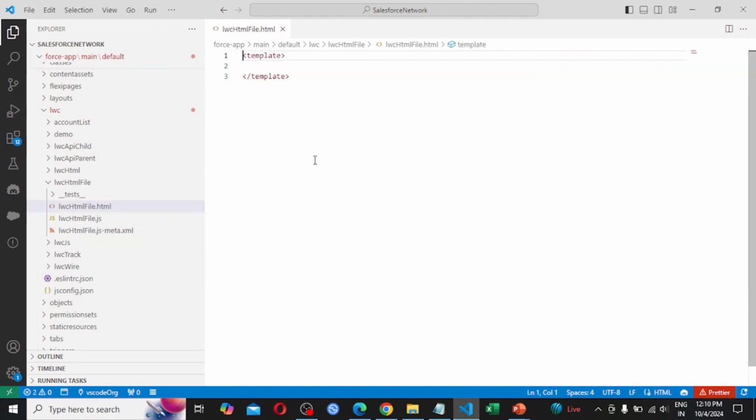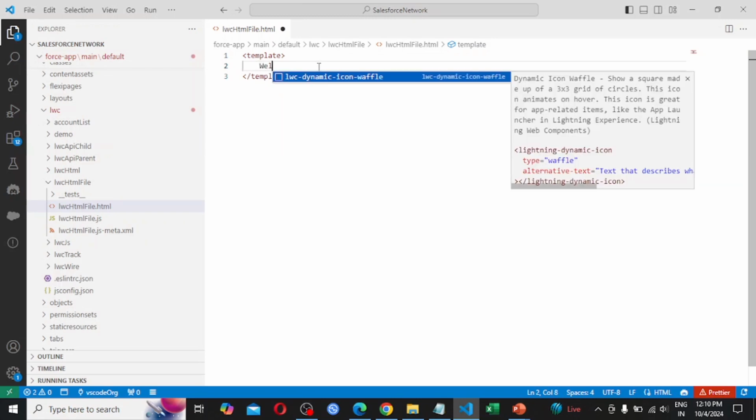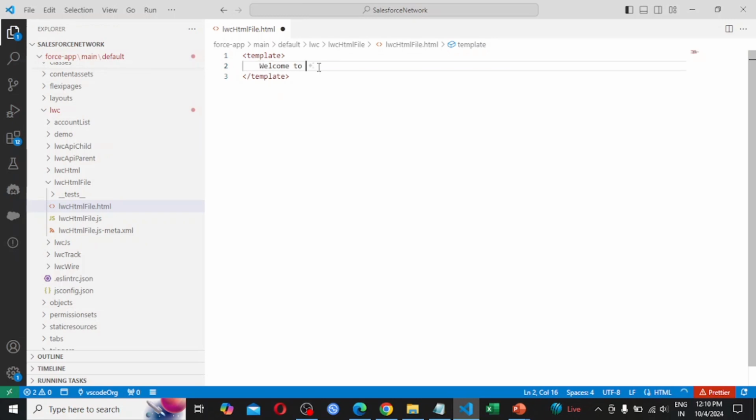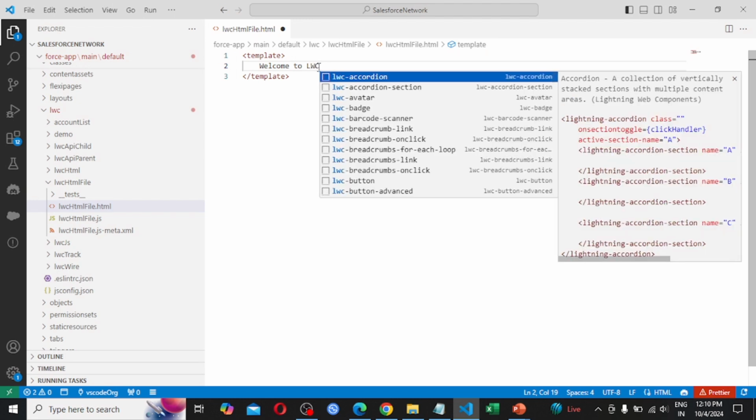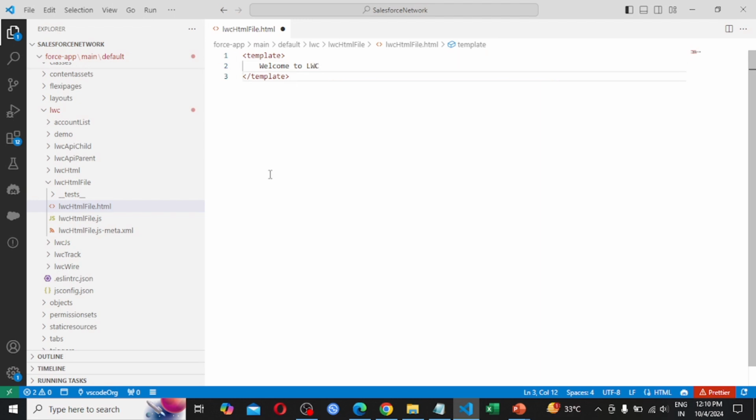In the HTML file we are seeing template opening tag and template closing tag. So if I am putting anything in this template, like welcome to Lightning Web Component, saving this file, how are we going to see this file in our Salesforce environment?